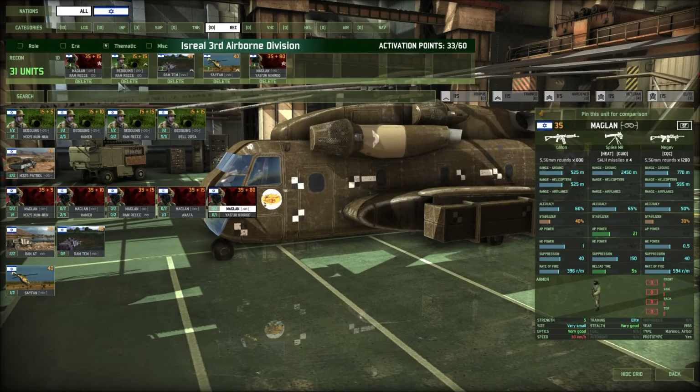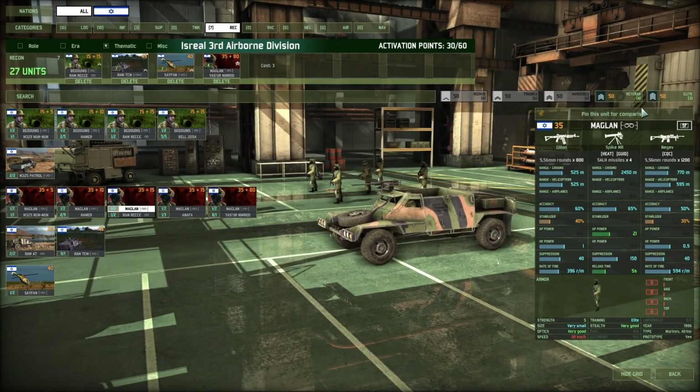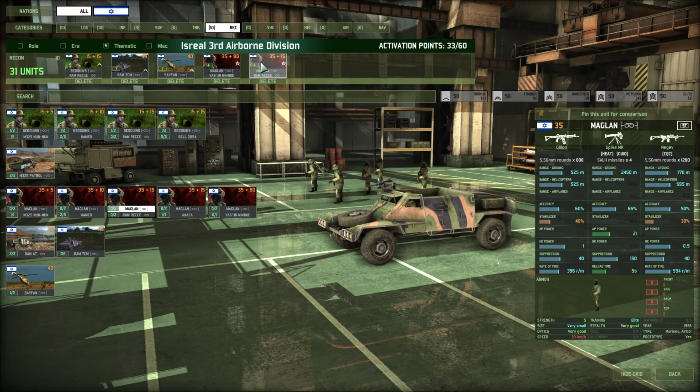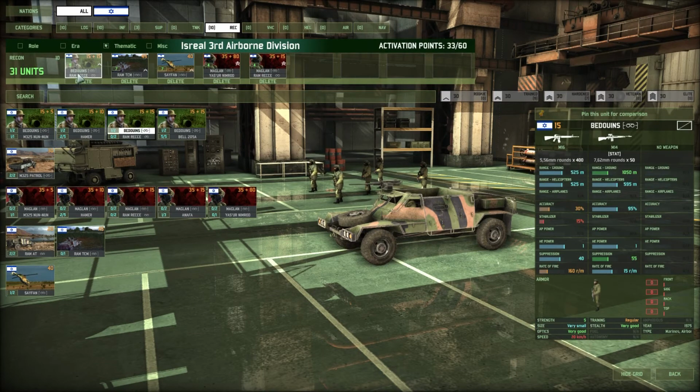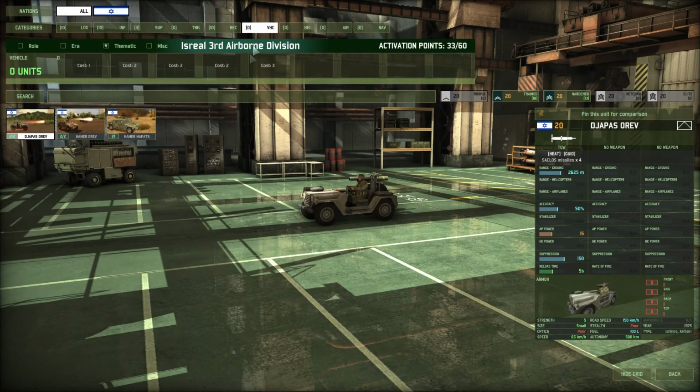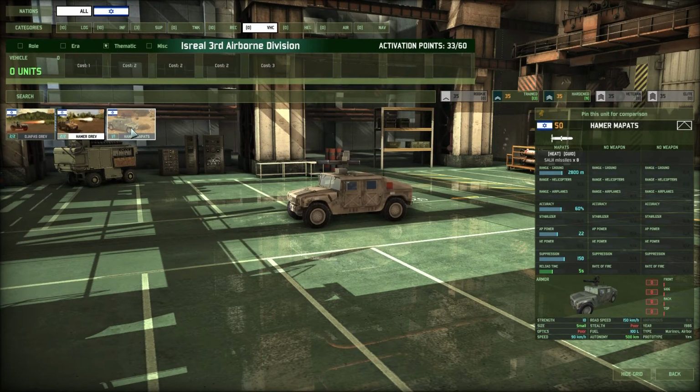So let's quickly organize this because we added the Sayafan. Let's see. Yeah, 4. That's good. Belladins and the Ram TCM at the end. Okay, we've got full recon, which we're going to need to be able to hit with our aircraft. Vehicles. Ooh,